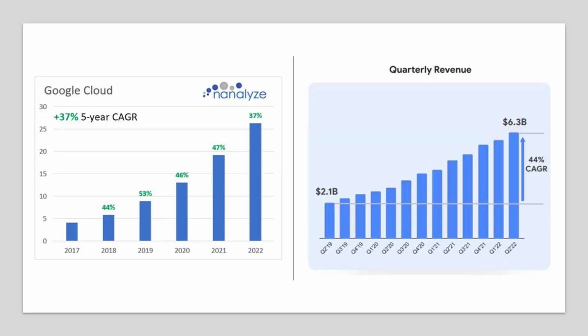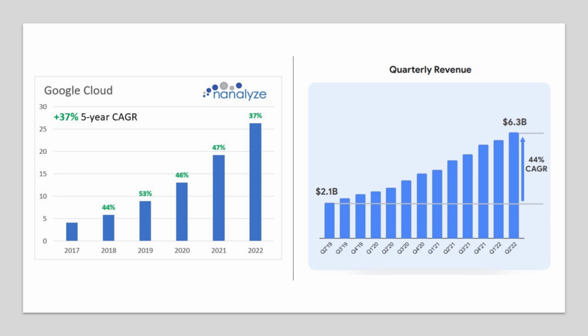Then when we look at cloud, this is probably the most exciting growth segment they have. You see this 37% 5-year compound annual growth rate. Look at that nice steady growth. And this chart on the right here was taken from a Google presentation on their cloud offering, which shows 44% compound annual growth rate. And again, somebody pointed this out, and they're absolutely right. You shouldn't use this idea of annual growth rate when you're evaluating quarters, and they're absolutely correct. But you get the idea there. So cloud is probably the most promising.